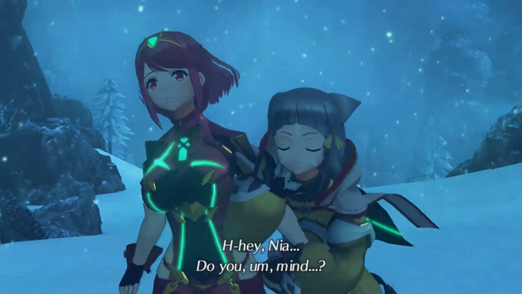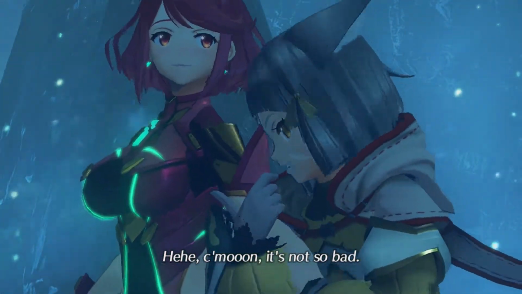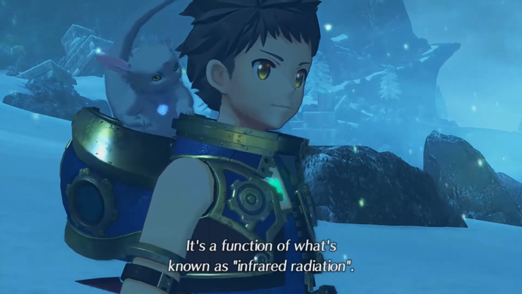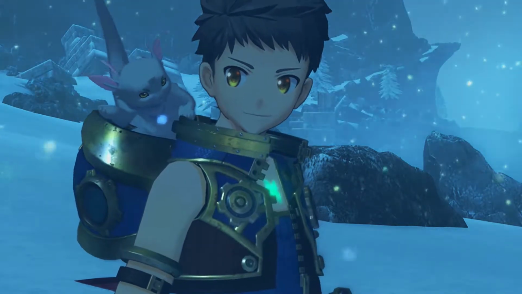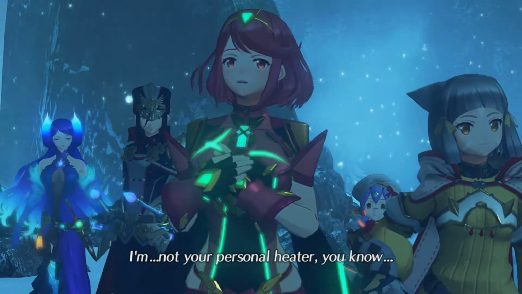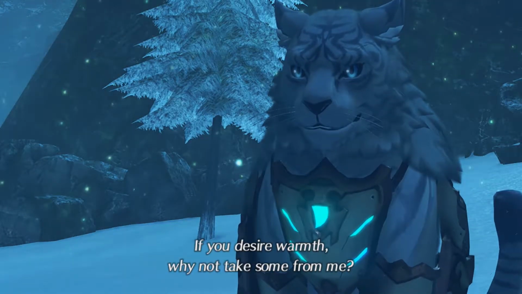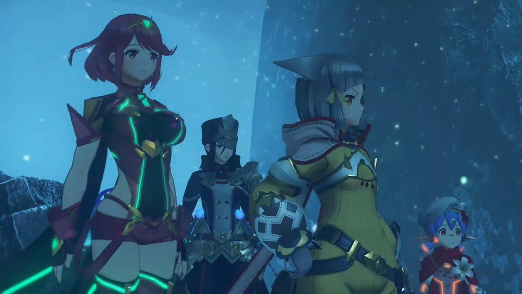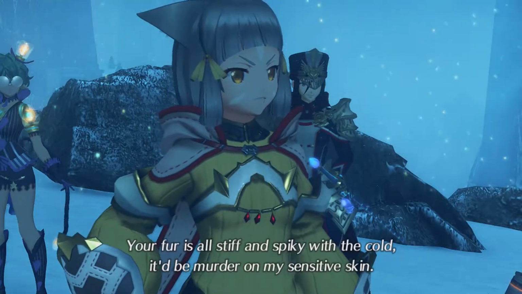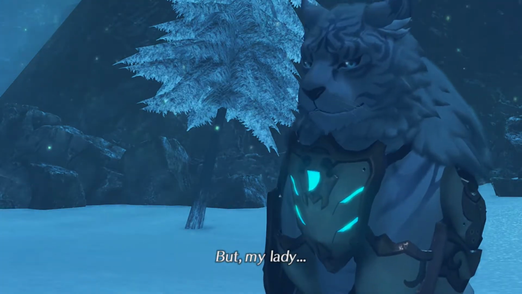Hey, Nia? Do you mind? Come on, it's not so bad. You're just so warm. I can't help it. It's a function of what's known as infrared radiation. Gramps knows everything. I'm not your personal heater, you know? My lady, if you desire warmth, why not take some from me? Miss Pyra seems to be in some distress. No way. Your fur's all stiff and spiky with the cold. It'd be murder on my sensitive skin. But, my lady...